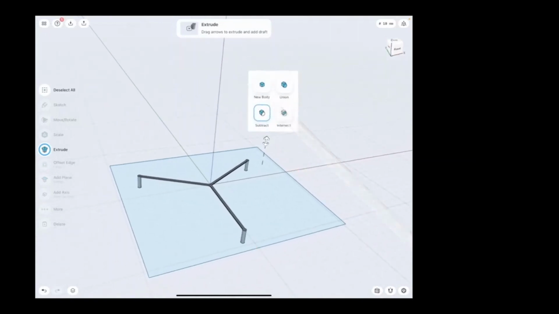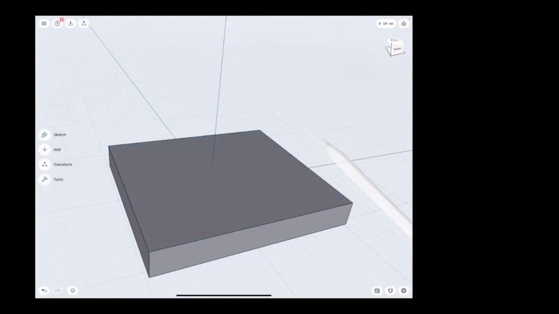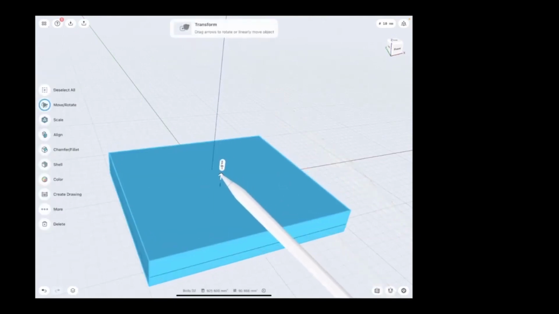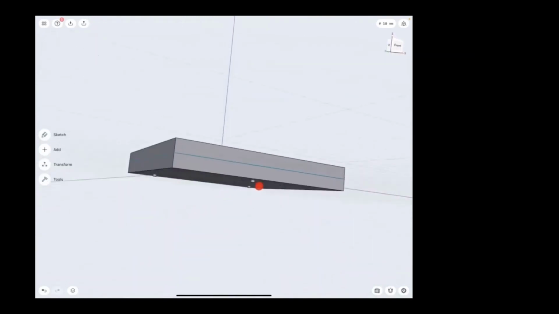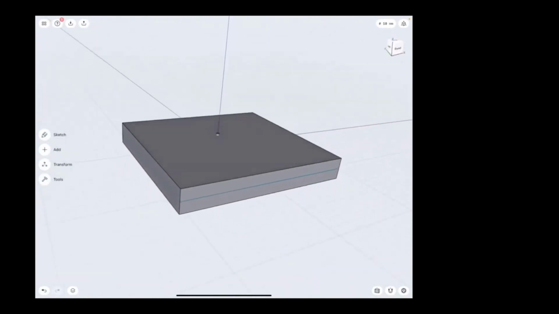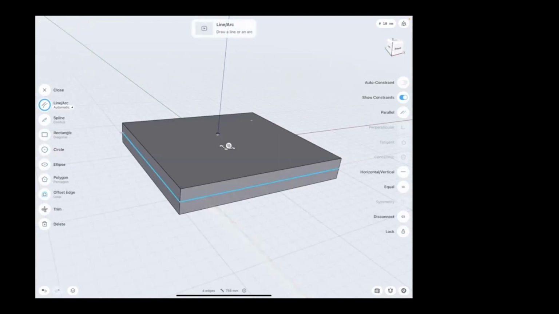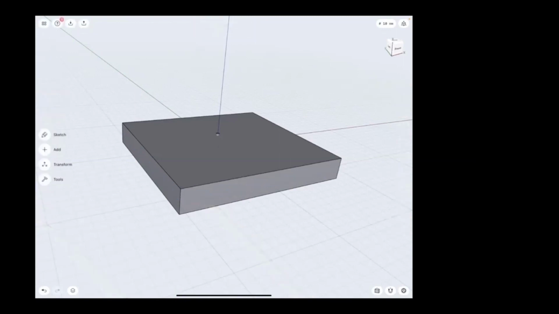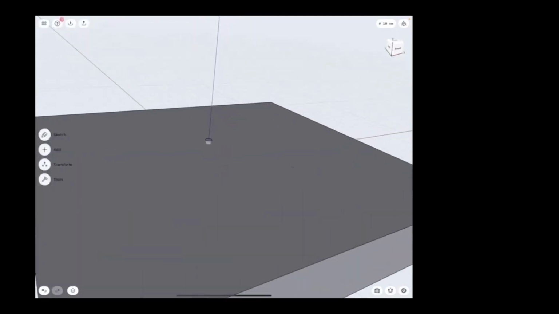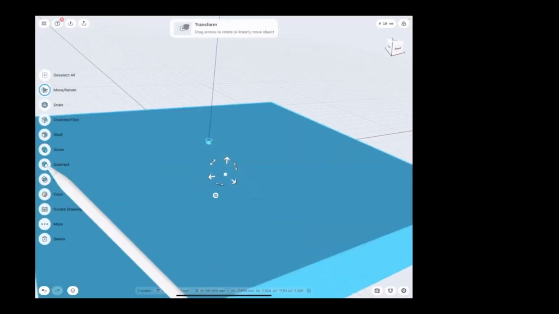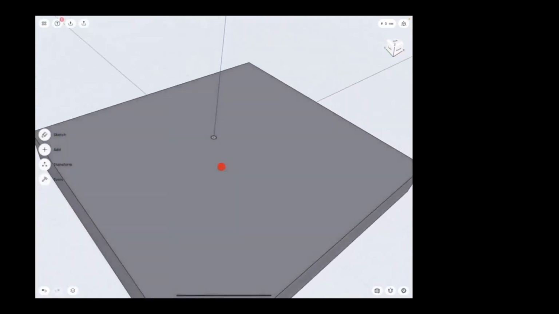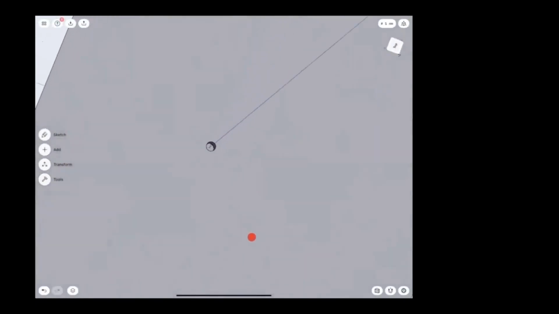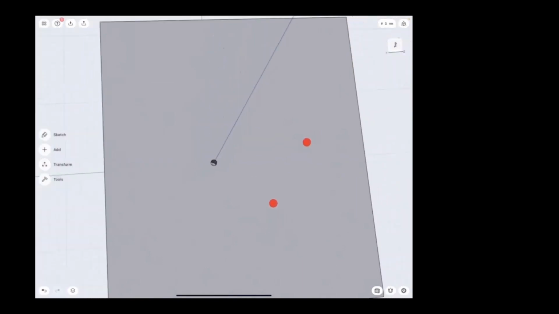So I'm gonna choose to create a new body and move it downwards by 13 millimeters to make sure that the channels are aligned in the exact midplane of this box shape. The sketch will not be needed, so I'm gonna remove it. And by selecting the box shape and the channels, I can subtract them from each other to get the channels cut into this big piece of material.